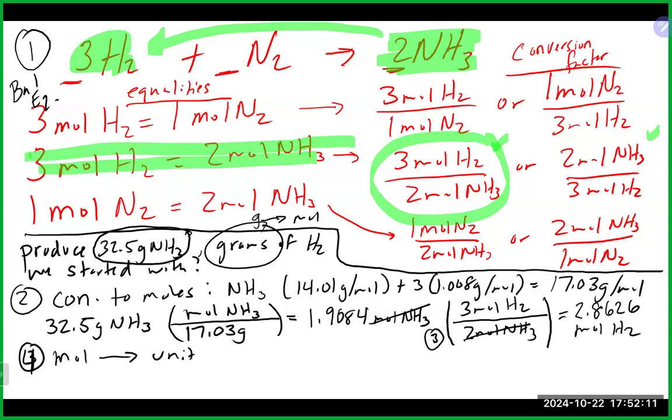So we do need to go back to the periodic table. We also have to remember that we're no longer at NH3, right? So we are now at H2. So we got to get the molar mass for H2. So that's going to go to our periodic table, H2, 2 times 1.008 grams per mole. Going to get us something like a 2.016 grams per mole. So that will be our last step here,